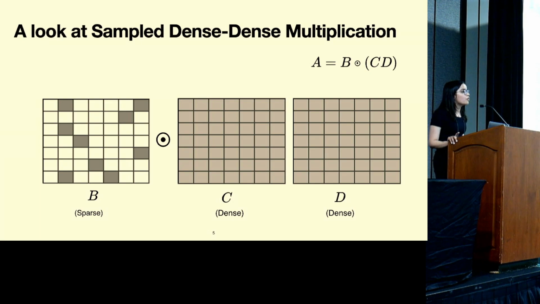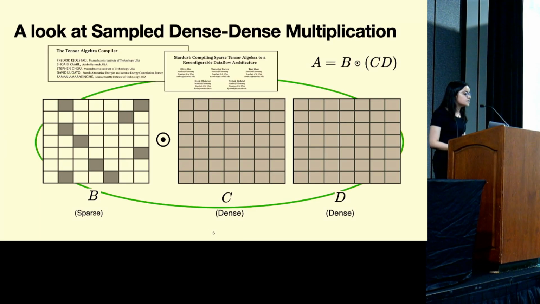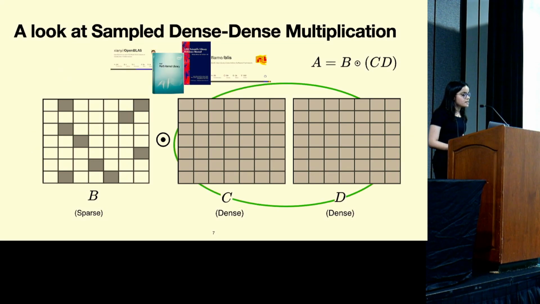So the first way you could go about computing this using one of these systems is pick a compiler like Taco or Stardust. These compilers tend to fuse code by default, so they will automatically only compute the correct dot product of the rows and columns of C and D that eventually get used in the output. The next way to do this would be to instead target the dense multiplication of C and D using Intel MKL or OpenBLAS. Here, one thing to note is that you're implicitly unfusing the computation. You will compute the whole C and D product, even though some of that result gets thrown away when you sample with the sparse matrix B, and you still have to handwrite the sampled matrix multiplication by hand.